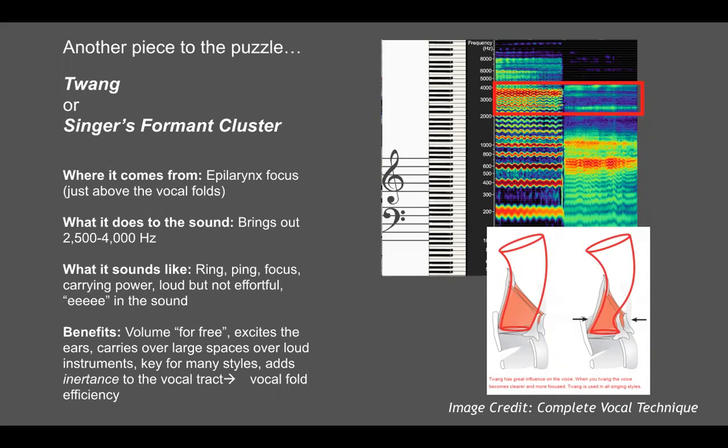Benefits, as Laurel already said: volume for free, excites the ears. This range is how we can carry over loud spaces. And the element, when we talked about those